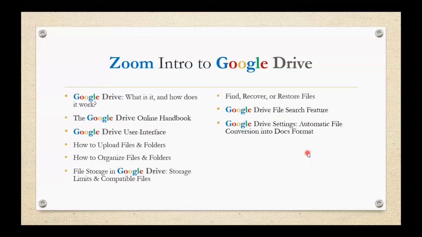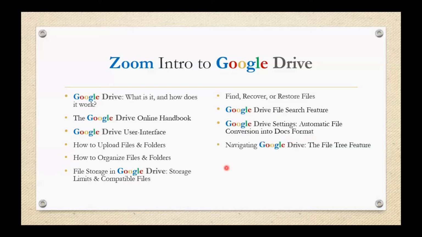So we're also going to talk about how we can actually have Word files and Excel files automatically converted into the Docs format. We'll explain what that is. We'll talk about how it's done. And there's actually 2 ways to do it. And I have one that I prefer, and I'll share with you why. And then you can decide how you want to convert Word and Excel files